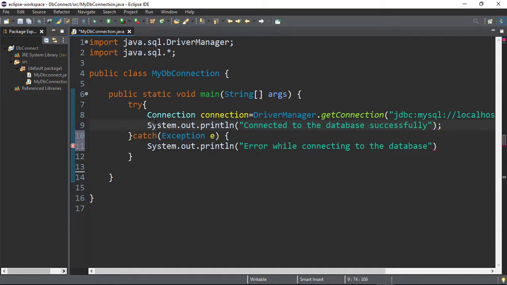Okay, so we have completed our program of connecting the Java program with MySQL database using Eclipse IDE, and